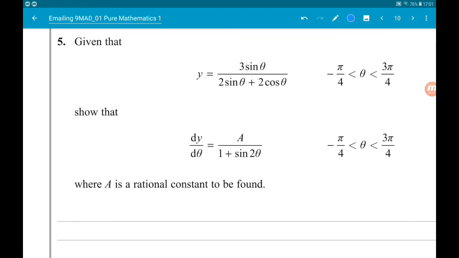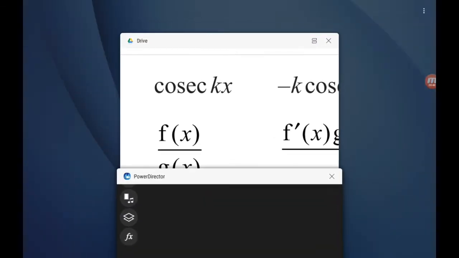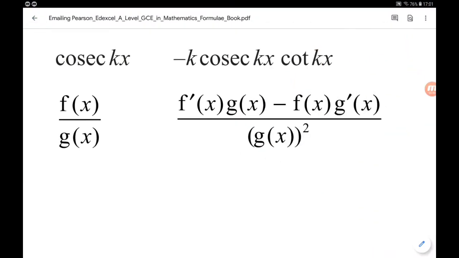So this is going to be differentiation using the quotient rule with trigonometry. We are given the quotient rule in the formula booklet. Here it is. Now we usually use u and v. Here they're using f and g. So we're going to say then that